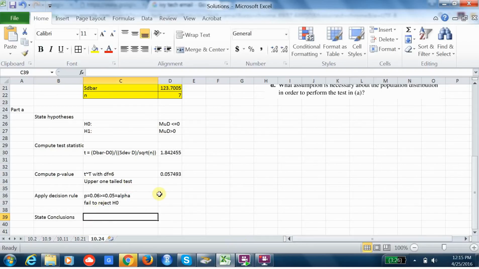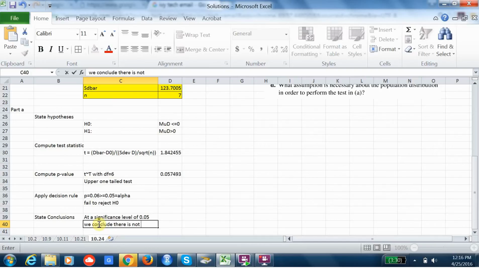And so we're going to say at a significance level of 0.05, so what are we doing? Well, we're failing to reject H naught. Okay, so we're saying that there's no evidence. So there's no evidence to support, or there's not enough evidence to support the alternative. So we conclude there is not sufficient evidence